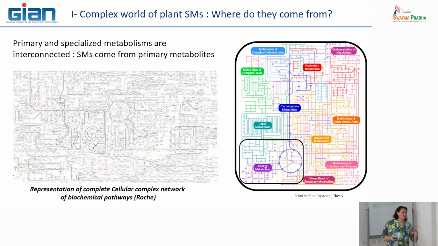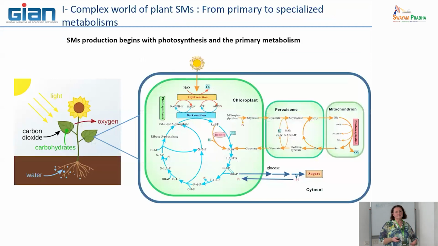So the story always starts with the same system, the ability of plants, which are unique in doing this type of system. It is photosynthesis. Photosynthesis is the first chemical modification of carbon, what we call inorganic carbon, to be integrated into the organic system to become organic carbon to make carbohydrates. This is the starting point of the story of all the metabolisms of the plants. So it is important to know this very well.